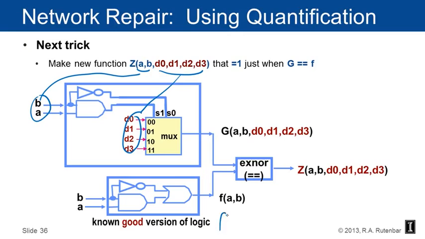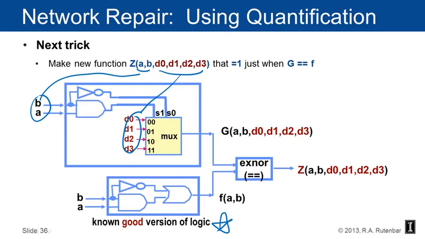This is required. This is a known good version of the logic, or at least just some Boolean equation that does the right thing, even if I don't have it implemented in engineering practical gates. I just got to have it written down somewhere. And I'm comparing the function up here, the g function with the funny multiplexer, with the known good version,